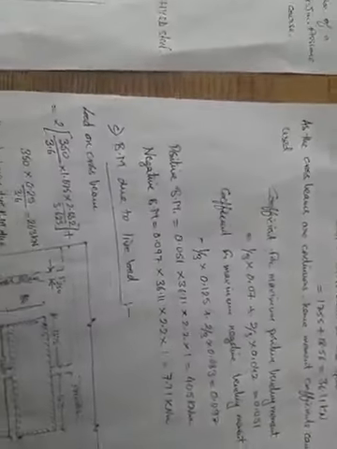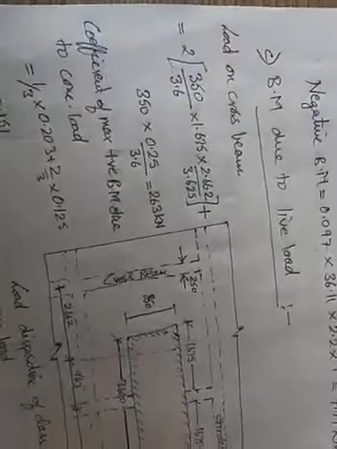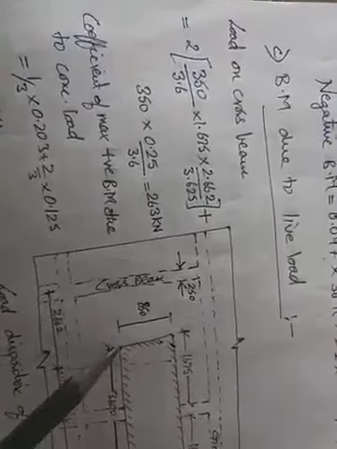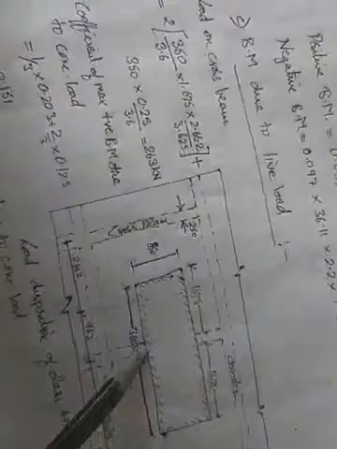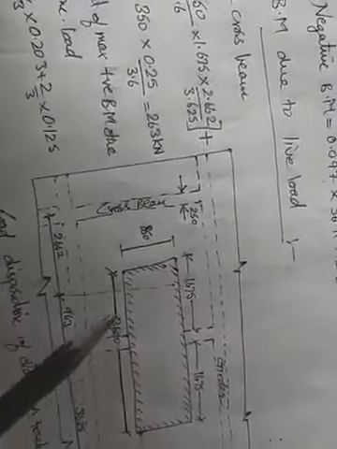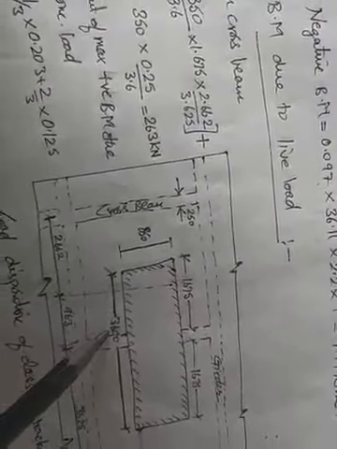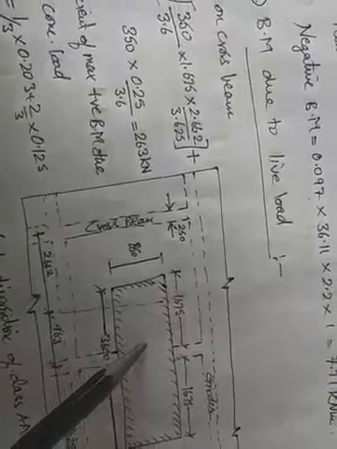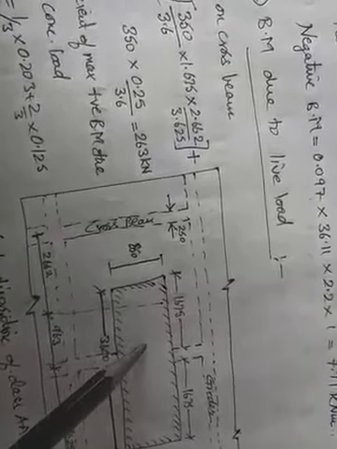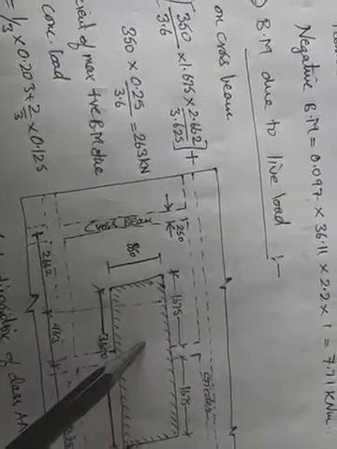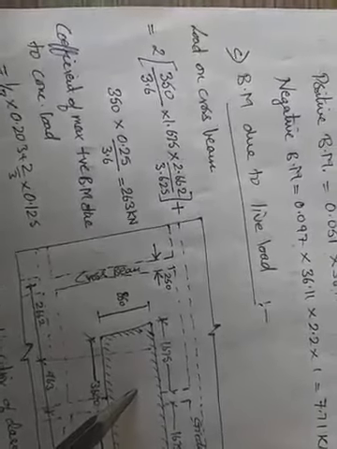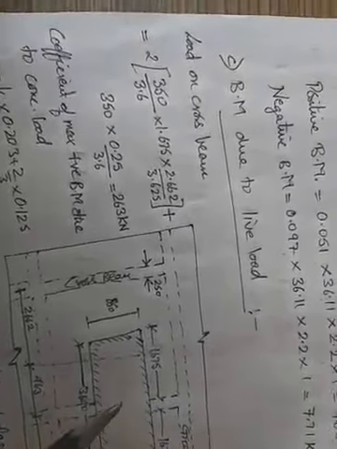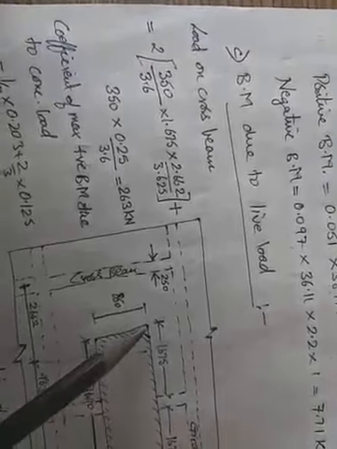Similarly, I will be calculating it for the live load. Now the live load disposition is something like this. Class AA tracked vehicle has been used, which is symmetrically placed over the intermediate cross beam. So you can look here. The 3600 is the contact area for the tracked vehicle, which consists of one track. Total load coming from the tracked vehicle is 700 kilonewton. So I'll be taking it as 350 kilonewton for one track. So the 350 kilonewton load is for this